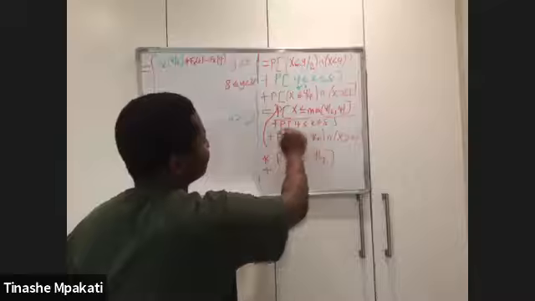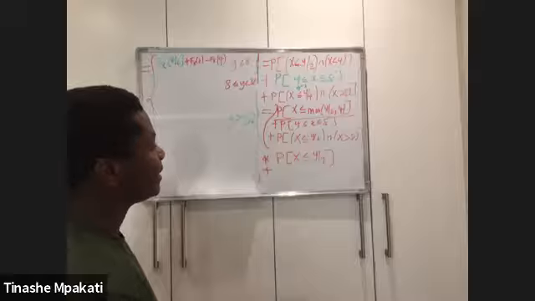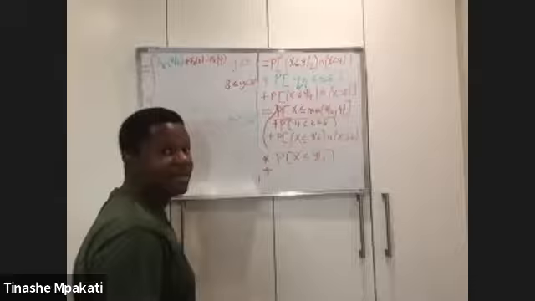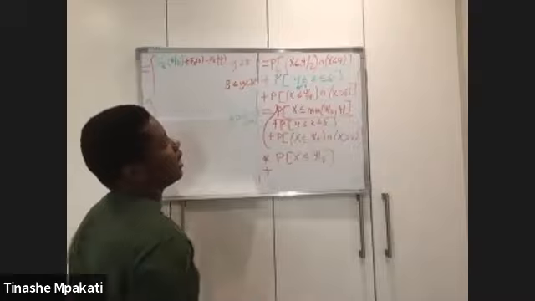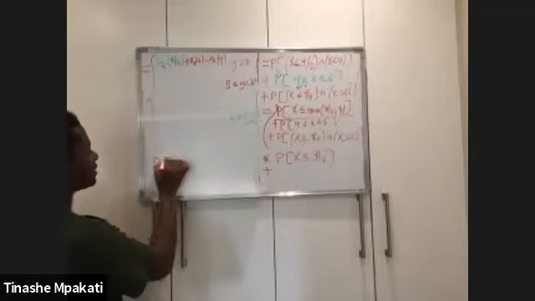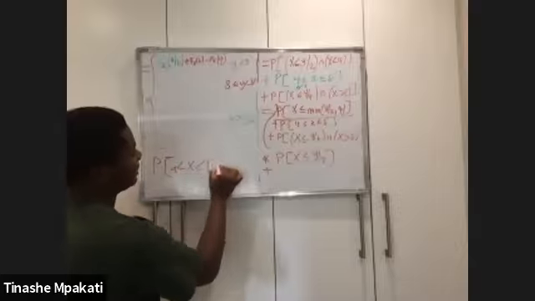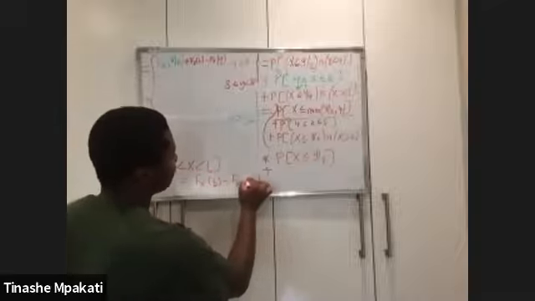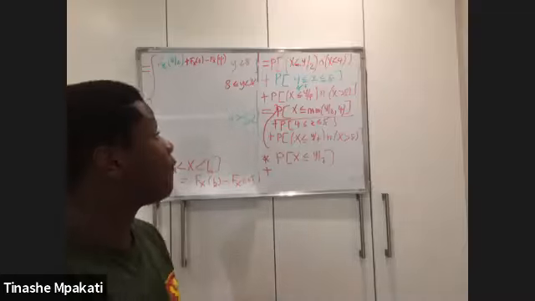Then we continue to the next part, which says plus the probability that x is between 8 and y. Here, there's not much for us to consider. This is just telling us, okay, you managed to simplify this here. So the next part is for you to add the probability that your x is between 4 and 8, right? And remember we discussed this property: the probability that x is between a and b is simply equal to Fx of b minus Fx of a. This is what I have there: Fx of 8 minus Fx of 4, like that.